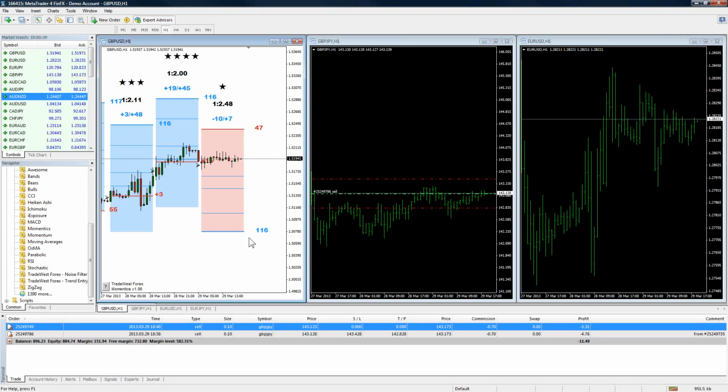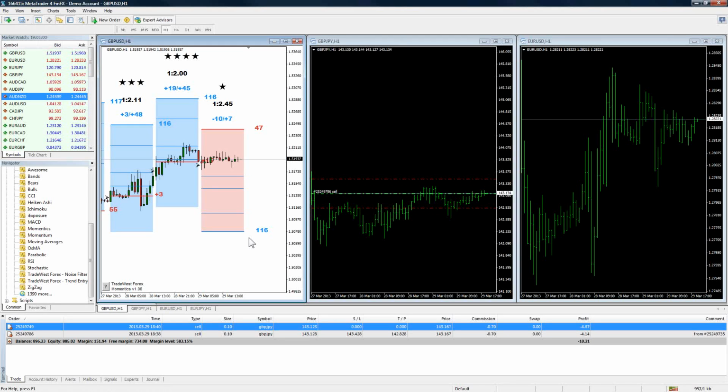Now, everybody's going to have their own definition of that. That's just me. Anything that you're using that facilitates the execution side of things, like the window that pops up that gets you closer to making a decision, as opposed to actually loading any kind of indicator or expert advisor.